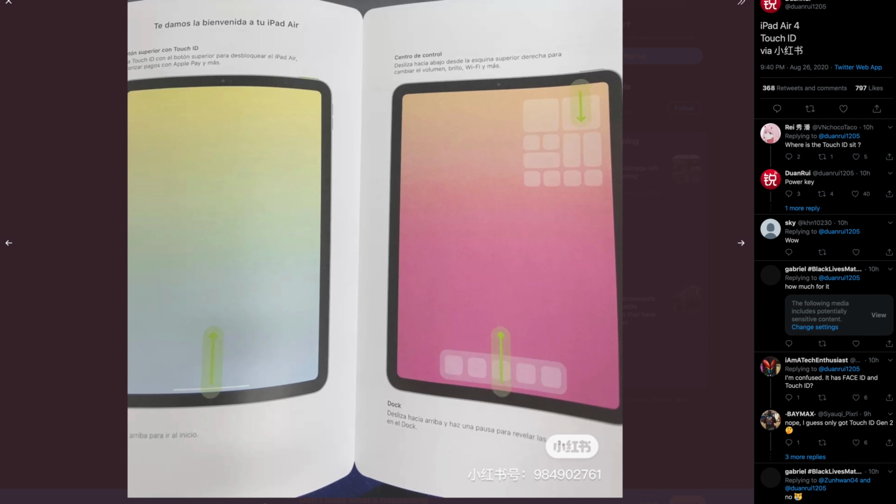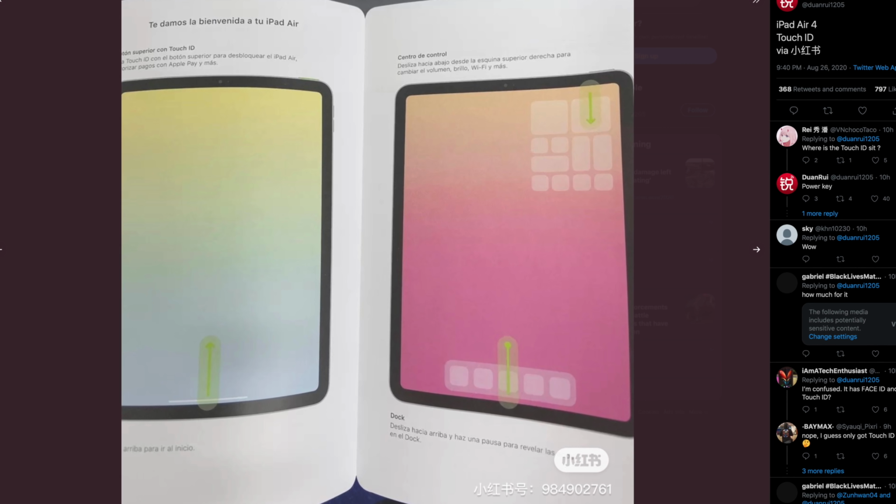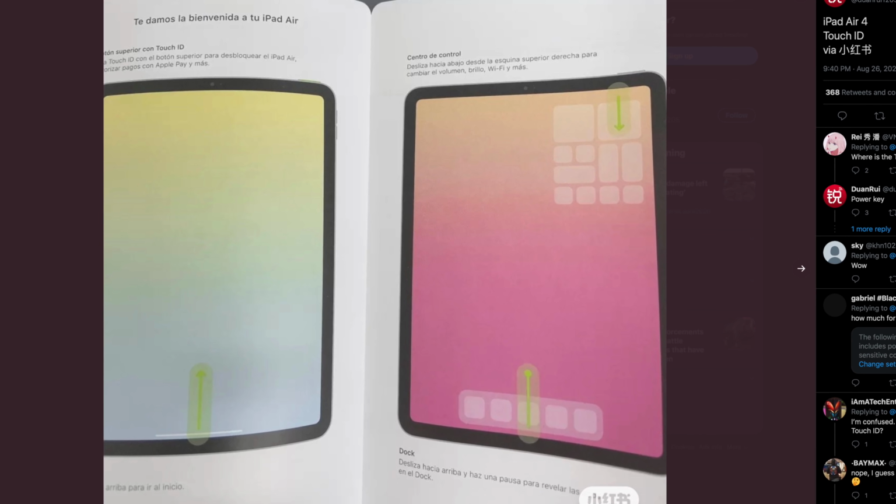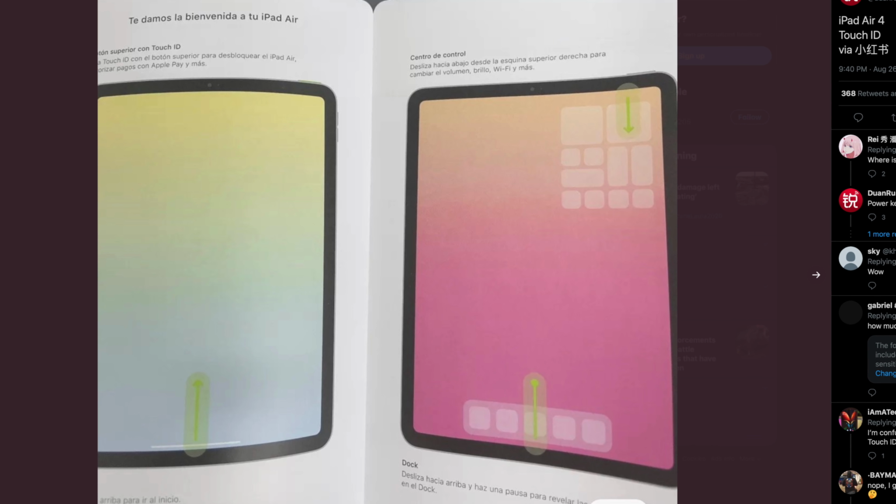So we've got a leak on our hands once again. Remember leaks? Remember what those are? This one is apparently showcasing the paperwork of an unreleased version of the iPad Air, which is going to look kind of similar to what we've talked about in previous videos, a dumbed down version of the 11-inch iPad Pro from 2018. Though there is something very noticeably different about this iPad in its paperwork and what the text is referring to,